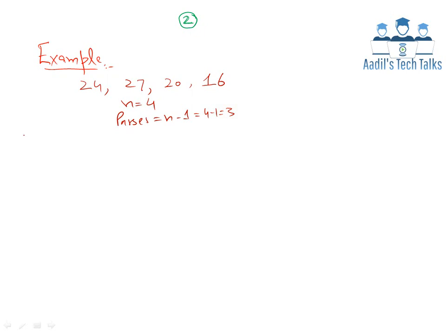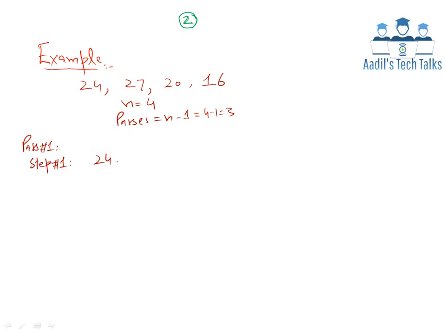There will be 3 passes. Pass number 1. Now as each pass is a combination of some steps, step number 1, the list is